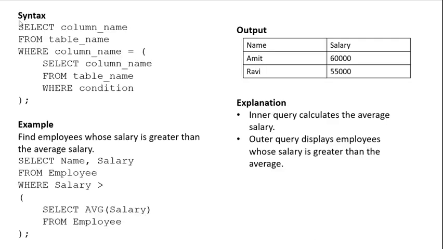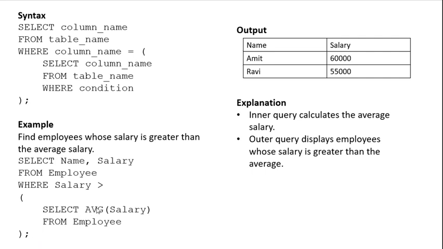Let's check the example. The syntax is: SELECT column_name FROM table_name WHERE column_name = (SELECT column_name FROM table_name WHERE condition); The example: find the employees whose salary is greater than the average salary. The outer query is SELECT name, salary FROM employees WHERE salary > (SELECT AVG(salary) FROM employee);